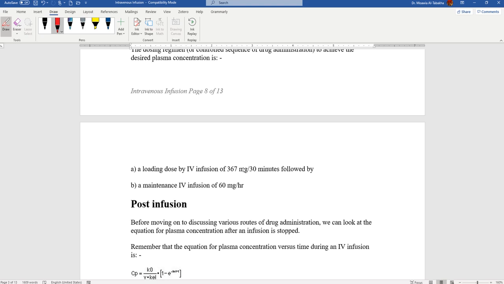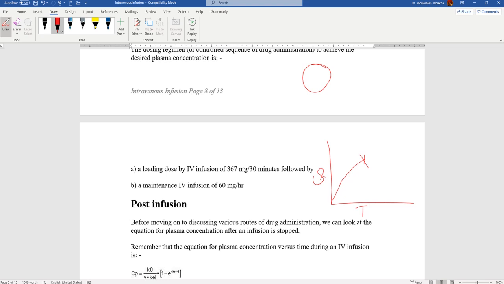I want you to imagine the following. Okay, this is time and this is concentration, and don't forget the units. And you finish the infusion at this point. So what will happen next? Now this is a normal graph paper. What happens next is, imagine we have again